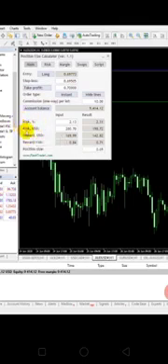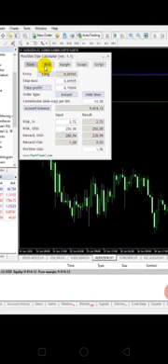Now with changing the risk, your lot size will change accordingly. Check here, with 2% risk and a $200 loss, you can place the trade with 0.7. Now I want to place the trade with one lot. Let me put one lot here. See, my risk changed to 3% and my risk in USD changed to $250. So you can either place the lot size based on the risk, or you can set the risk and get your lot size. You can use it in either way.